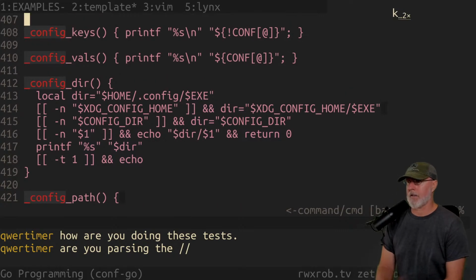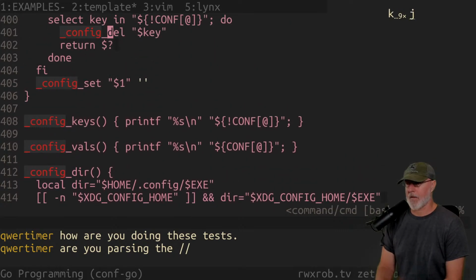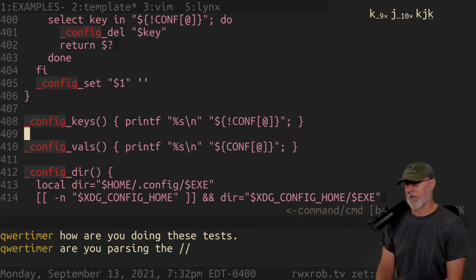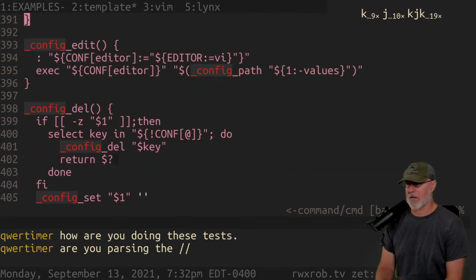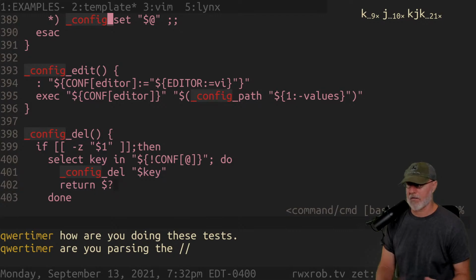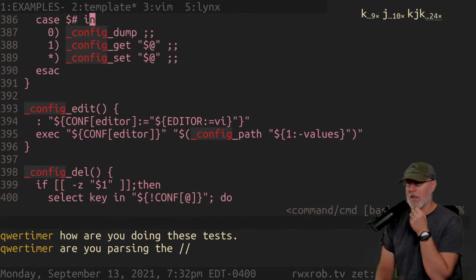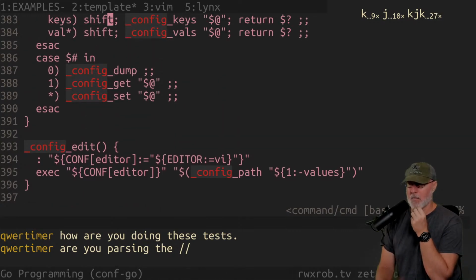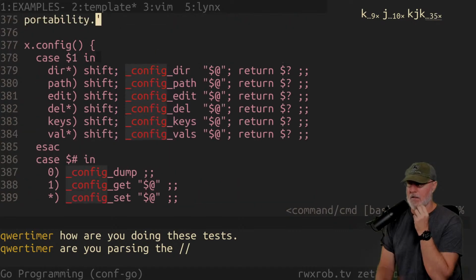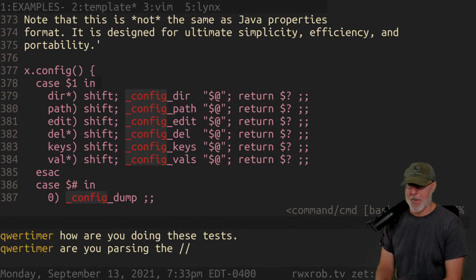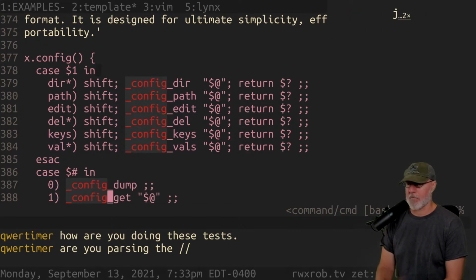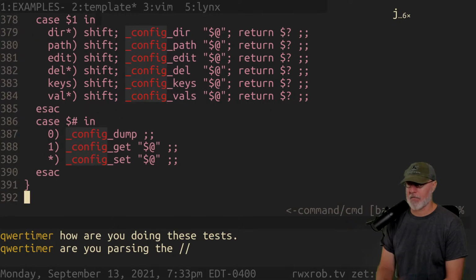Yeah, and then what else do we need to do? Keys and values. Okay, we need to do some parsing here. We probably should do the parsing next. We're not going to delete anything. We have to actually load the file, and that's going to be the most of the work. And I think we can get a big part of that work done tonight. We need to be able to get to the file and everything. So I feel like that's all covered. And now we need to kind of make the file.